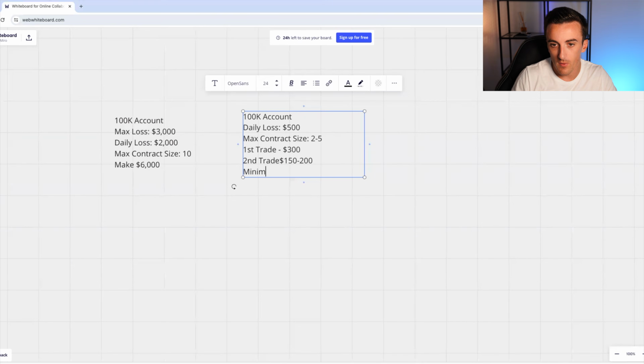No, I want to max out as much as I can from the markets. If gold moves impulsively and I set a physical TP and I get stopped out for a 1 to 2 and then it ends up running into a 1 to 5, I'm going to massively kick myself. Minimum, you want to be going for a 1 to 2 risk to reward. You risk 300, you make 600. And with that, that means you're going to have to win 10 trades to be able to make the $6,000,